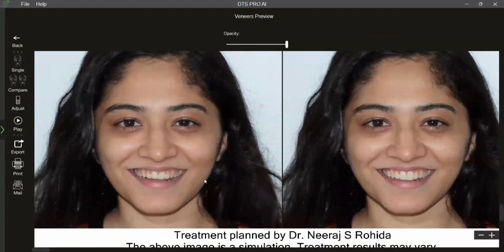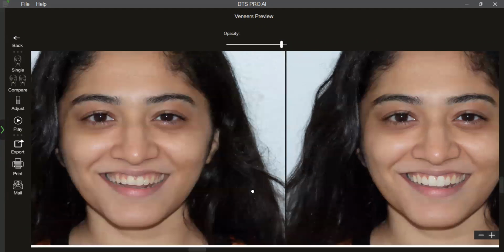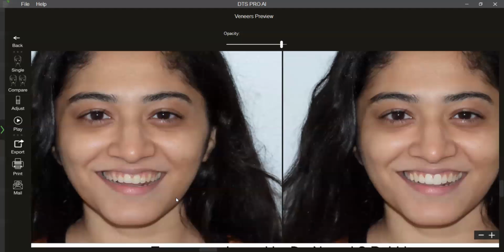So as you can see here, I haven't changed the patient's shade. We have just changed the shape, lengthened teeth. Again, we can just increase the brightness a bit, make them whiter. And that is it. So different ways in which we can carry out simulation, either using textures from the library or using textures from the patient's own teeth, and again presented to the patient in the form of a before after simulation there.